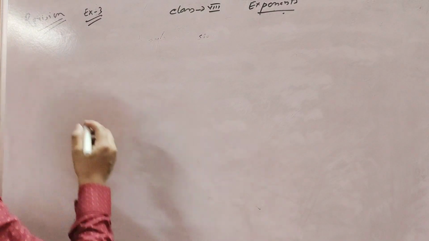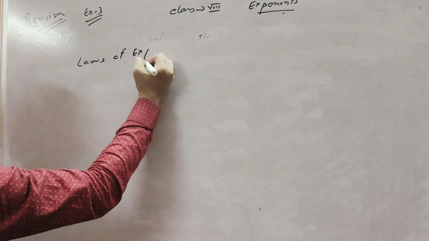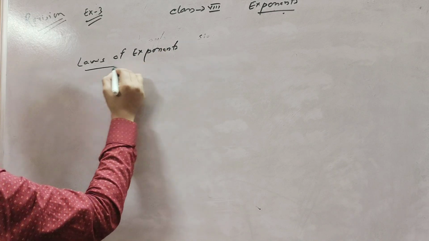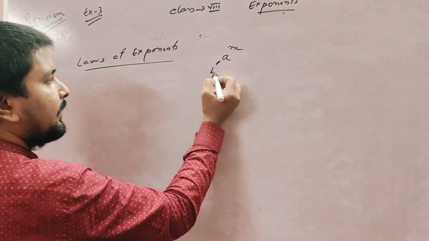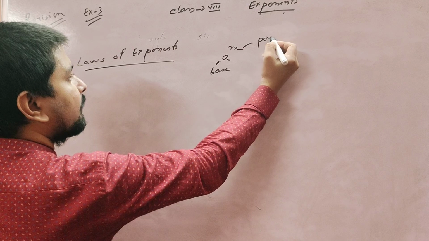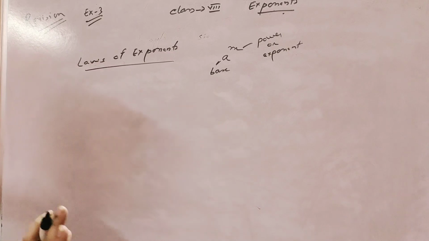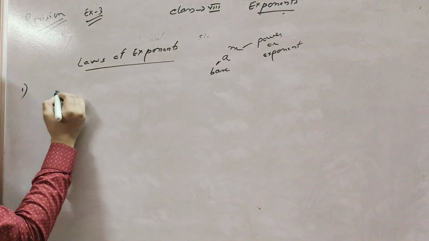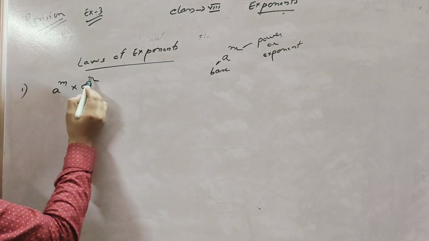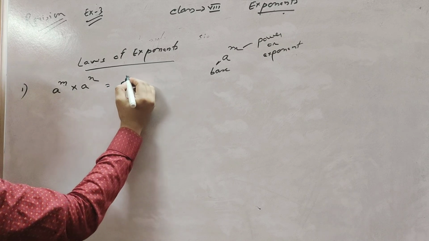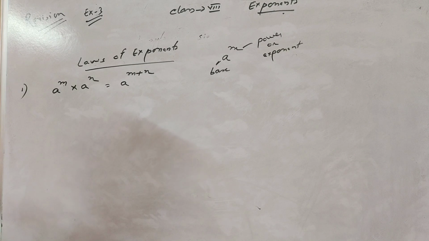We know that. Okay, learn some laws related to the exponent, the laws of exponents. What are the laws? First of all, when anything is given in this manner, this is called the base, and the power is called the power or exponent. Done? So the first formula: when two similar bases are given in multiplication with different exponents, the formula is a^(m+n). That means the powers get added. We know it very well.